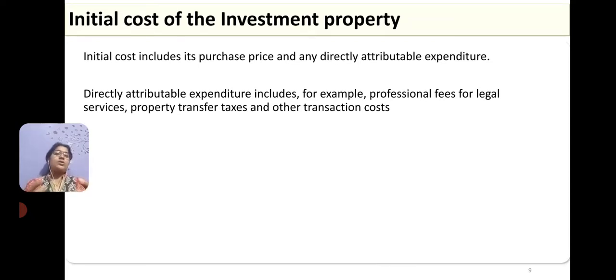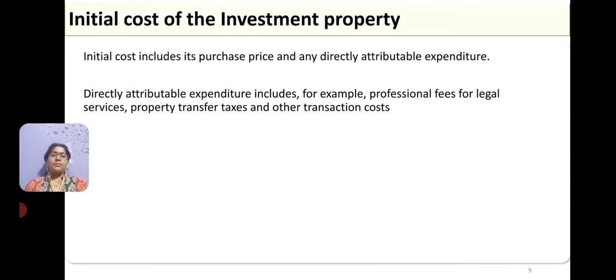So all those costs in connection to the construction of the building should be identified as the initial cost, and that total initial cost that you have incurred until the time of completion has to be added to the investment property, and that investment property should be shown as a non-current asset in the balance sheet. Not under PPE, not as PPE, but after PPE you have to show it separately as